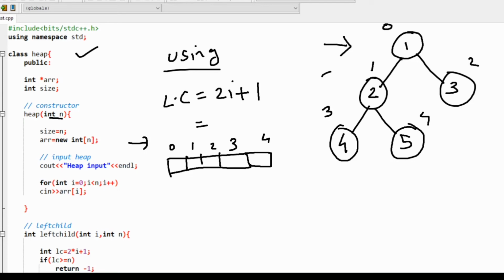Okay, so in index 0, the node having value 1, then 2, then 3, 4 and 5. Now suppose I have this index 0, and I need to find out what will be the left child value and what will be the right child value.